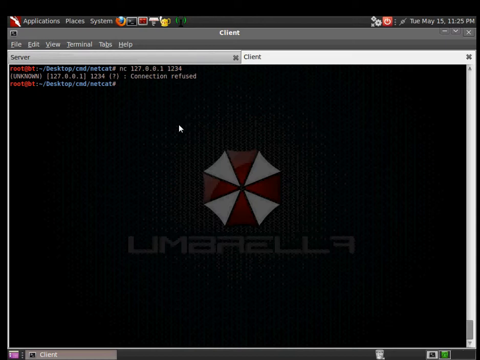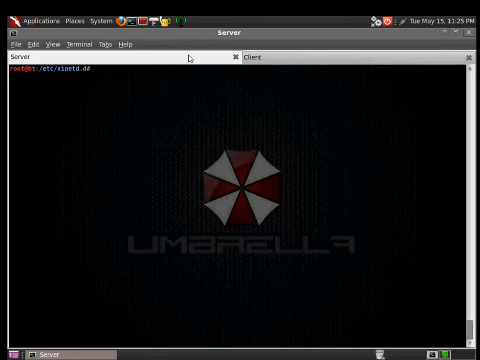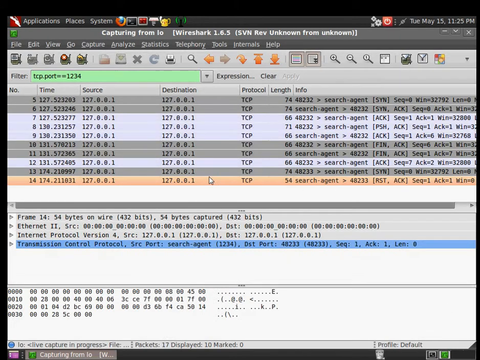UDP is a little bit weirder. So let me show you what a bad UDP connection looks like first. We'll go over on the client here, and we'll try to initiate a TFTP connection to 127.0.0.1, and let's try to get any file. And we'll see it is just kind of hanging there. It's not doing anything. If we look at the packet side of what's going on,